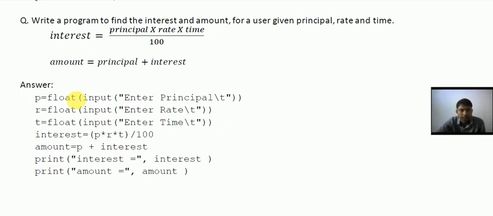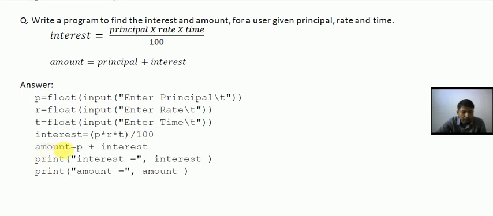like 100.00, so that's why I have taken float. Then here also I have taken float, then here also I have taken float. Then here interest, how to calculate the interest? Here as you can see p into r into t divided by 100, and in the program you can write it like this, okay. So we first calculate p into r into t, that's why it is given in brackets, then after a slash it's written 100, okay.